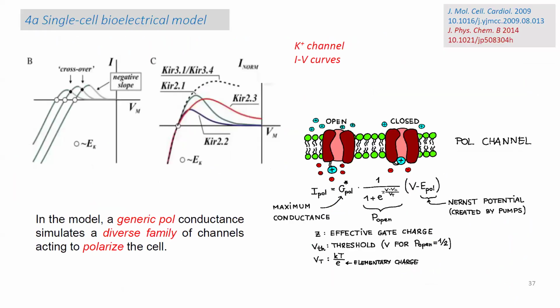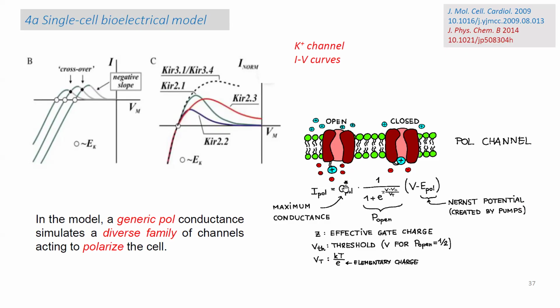So let's move to our model and consider first the case of the inward rectifying channels. To this end, we have considered generic conductance families, which represent a diverse family of channels that act to polarize, to fix the polarized cell state. These channels can be relatively easily described by current-voltage curves, which depend on the equilibrium potential, for instance, let's say, the potassium potential,